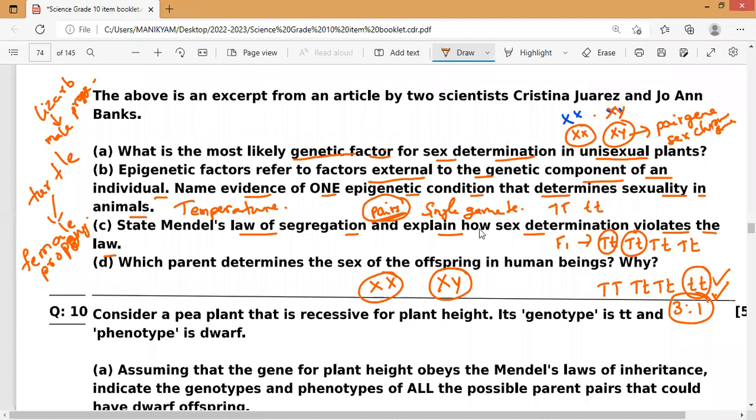So a single gamete is not responsible for the sex determination of human bodies or animals. That is why, if you have taken plants, a single character, for example, have you noticed it here? Those who are not understanding, once again I will explain. Observe very carefully. In plants, if I have taken tall,